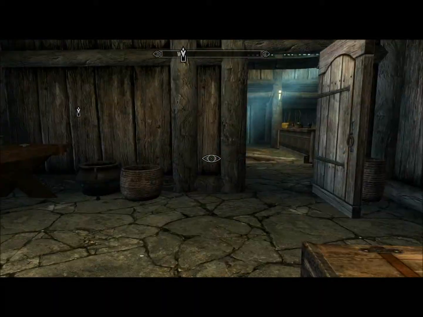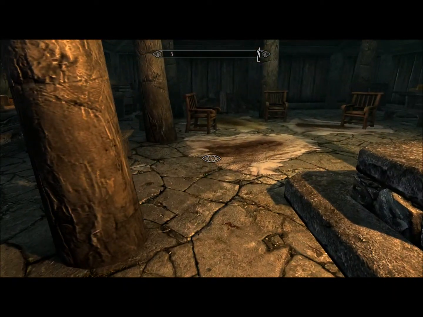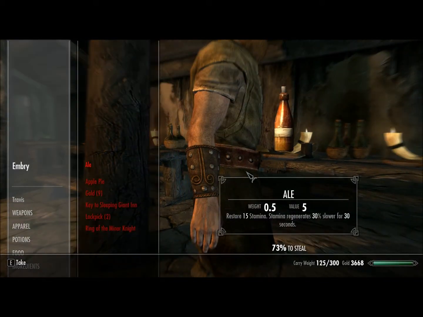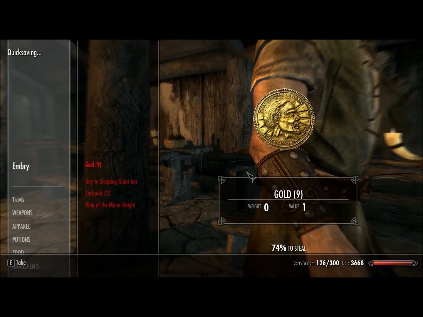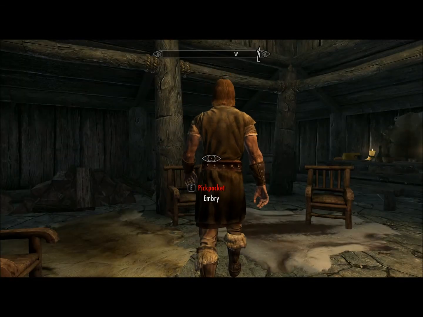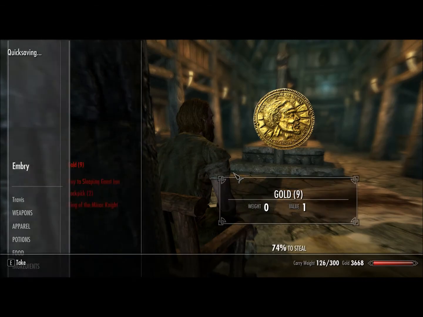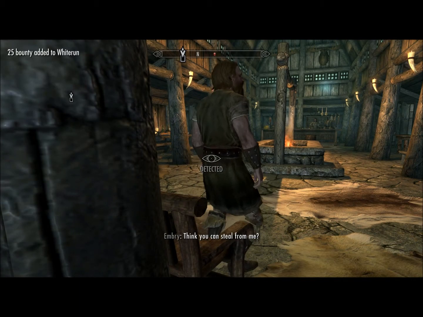Alright, that leaves 2. Let's go to Embry next. First, let's pick his pockets. Ale. Apple pie. 9 gold. Well, we should get hidden from him. There we go. 9 gold. Key to Sleeping Giant Inn. 2 lockpicks. Think you can...